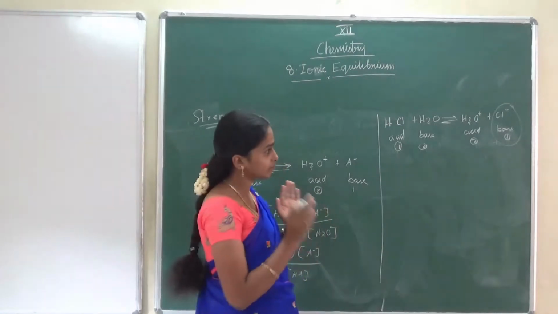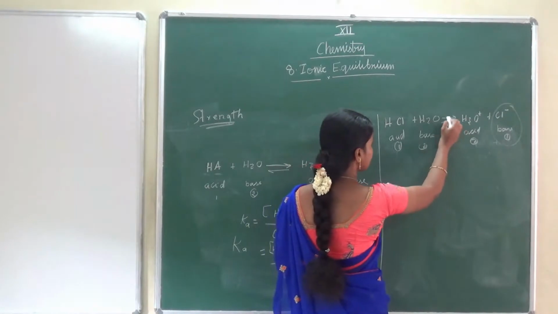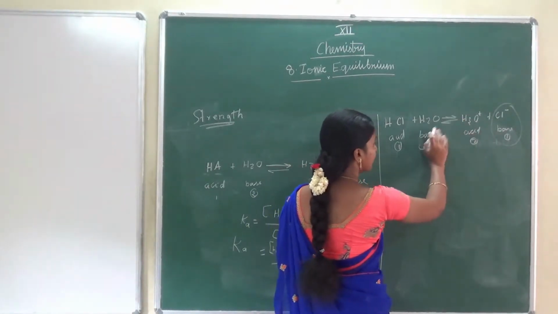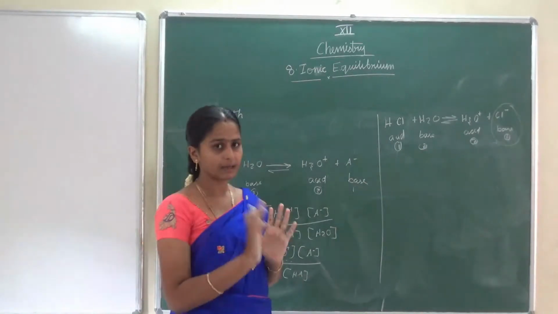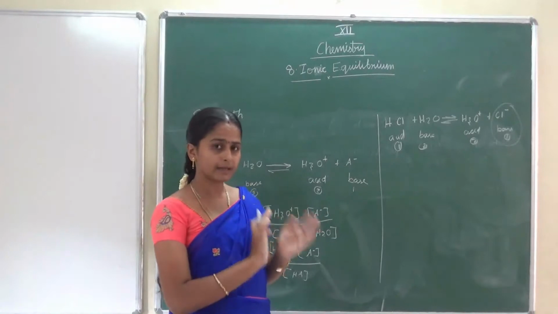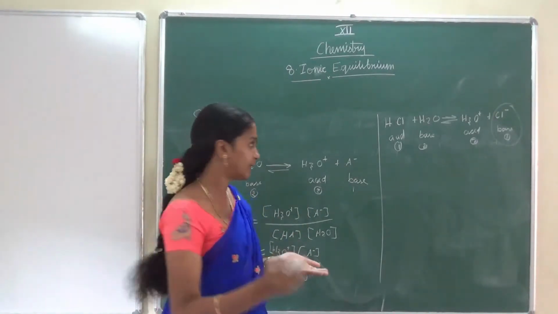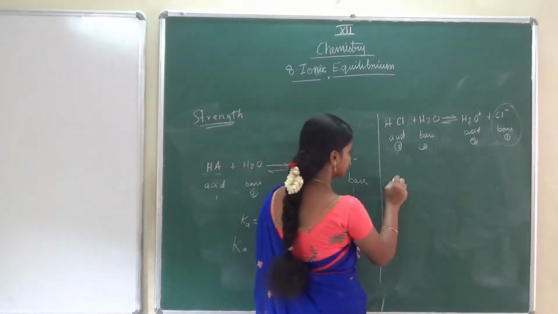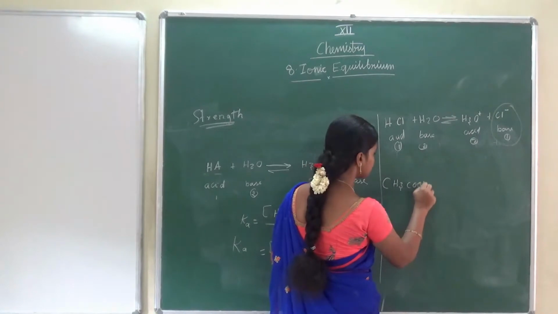But there is a possibility. That's why we are telling here it is a reversible reaction. Again they will form it, but they will show poor tendency to accept the proton. Can you understand that one? So weak acids, from a weak acid the base is coming. Let us take one example here: acetic acid, formula CH3COOH.